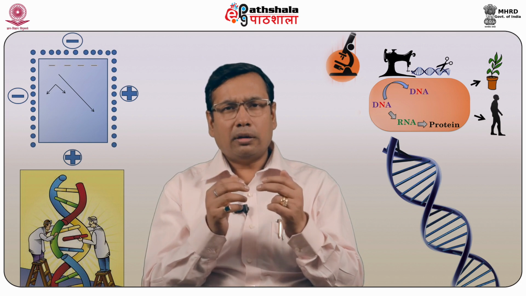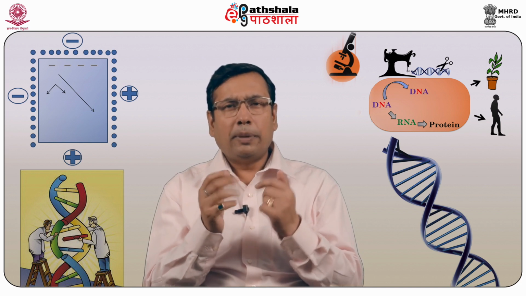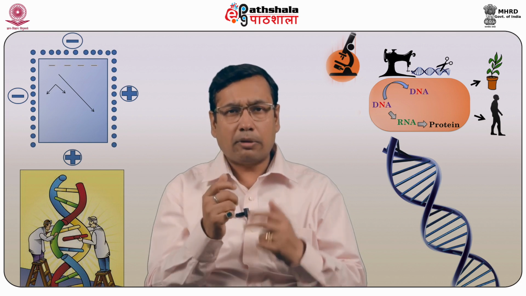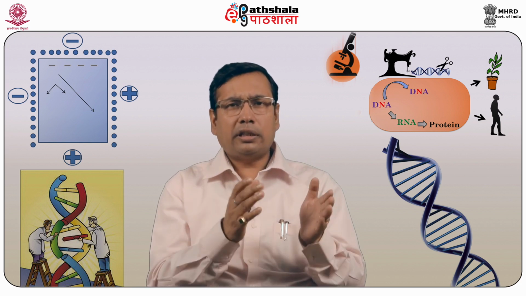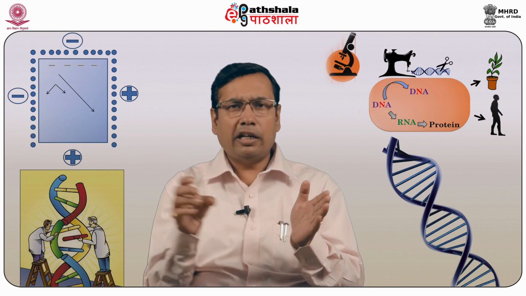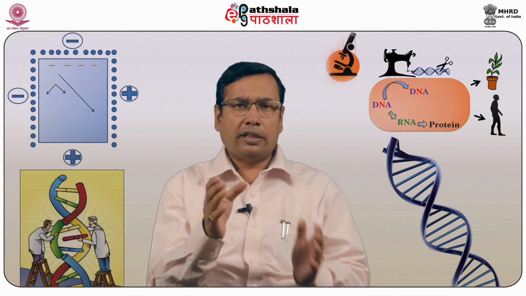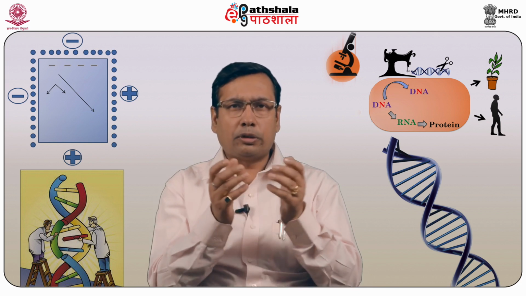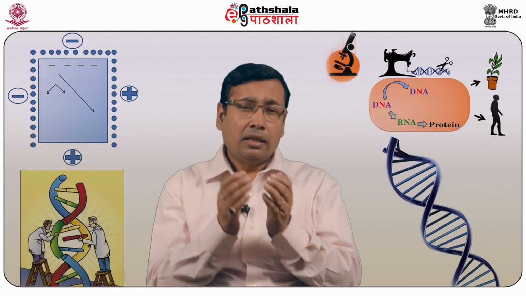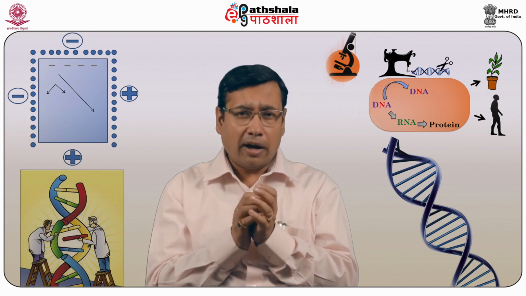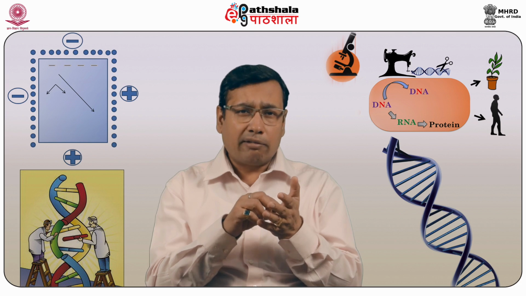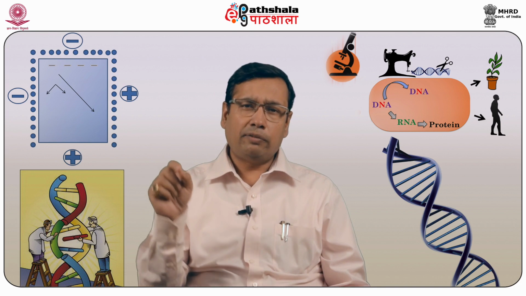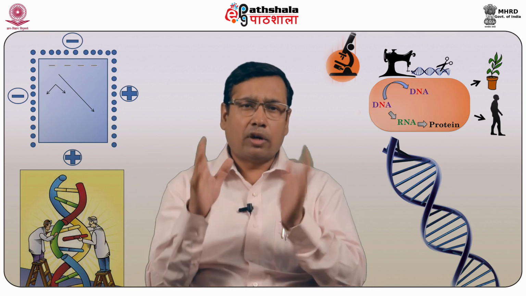Suppose you are confused between the annealing temperature of two different primers, that is the forward primer and reverse primer. What you can do is set the annealing temperature on the gradient PCR starting from, let's say, if the forward primer melting temperature is 52 degrees centigrade, and the reverse primer is 45, you can make a gradient from 50 degree, 52 degree, 54 degree, 56 degree, 58 degree and 60 degree temperature for annealing,